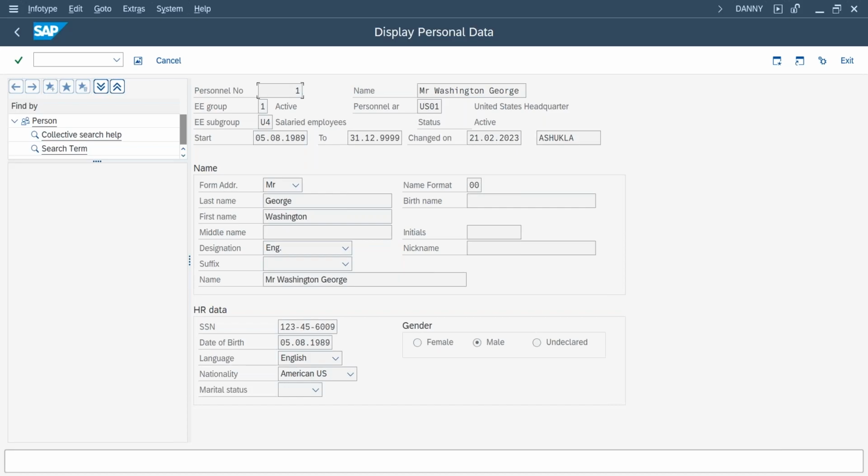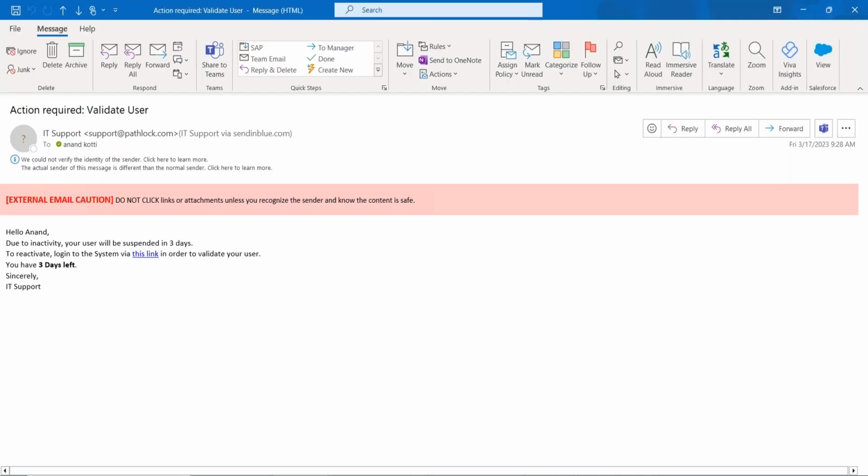In my example, Danny has been targeted by this threat actor. He clearly knows, he has all the credentials. He's going into the system, and he's the right target. Now, Danny goes on a vacation. Obviously, here is a threat actor who figured out what he needs to figure out, and he sent out an email saying that,